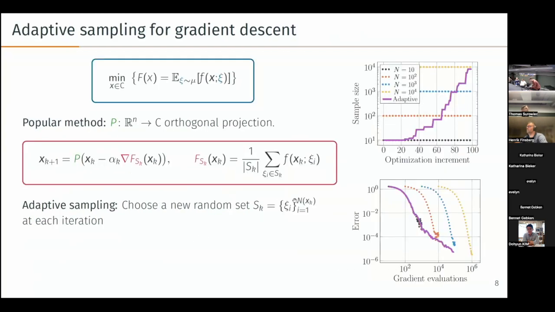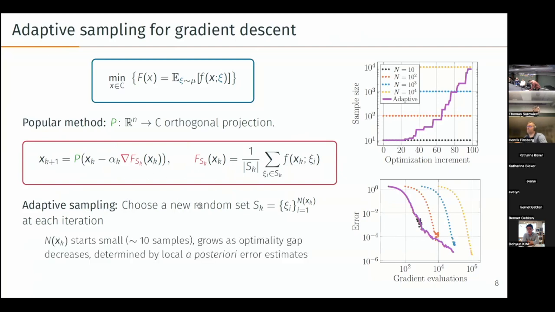So if we just go back to the simple case where we have access to the projection operator, everything's going to look like this. We do a projected stochastic gradient descent step. However, we're going to start with a very small number of samples. So in this example, we start with 10 samples and we grow to 10 to the 4 samples throughout 100 iterations. And the algorithm will, on the fly, determine how many samples we need in order to balance the two